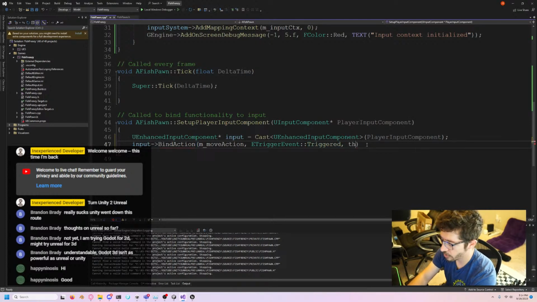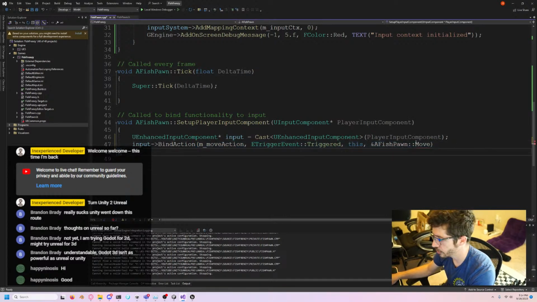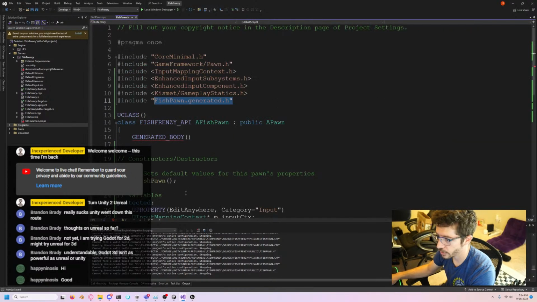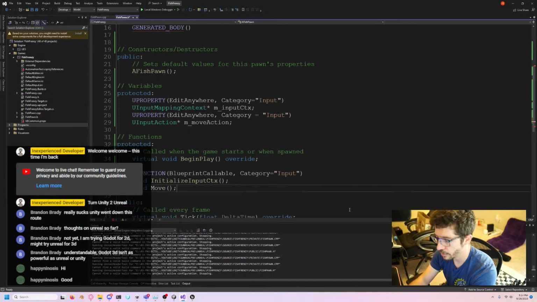Then we want to say what we want to bind it to, which is this, and then bind it to an event or a function. So we're going to say a reference to our fish pawn, and we're going to create a function called Move. All right, that easy. Let's create a definition for Move. We'll go back here, go to protected, and do void Move, and it's supposed to take in